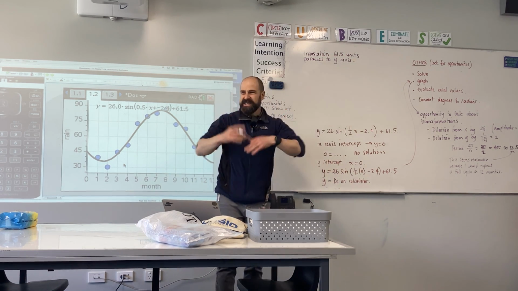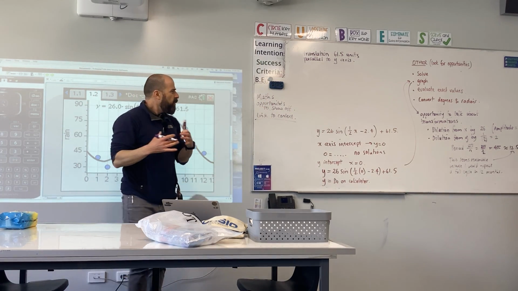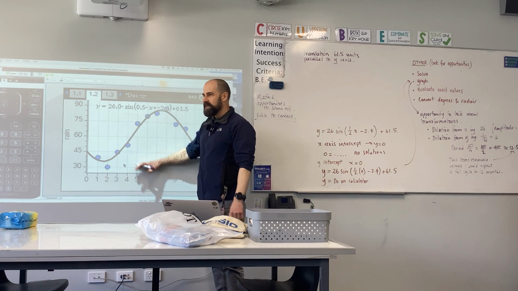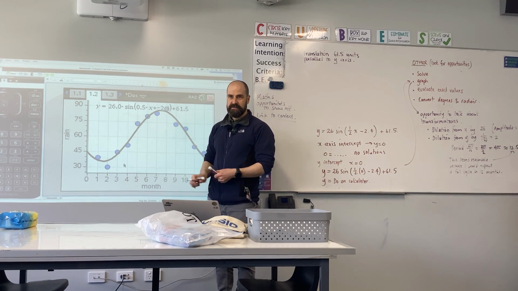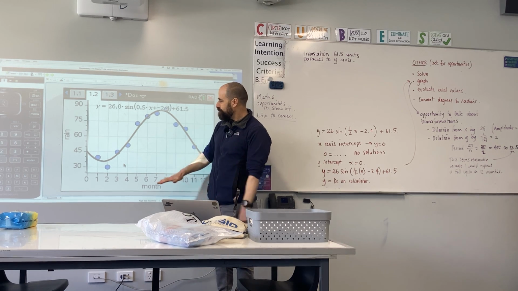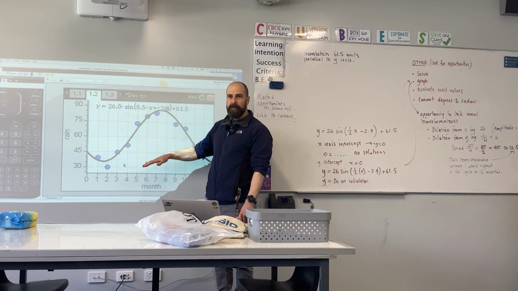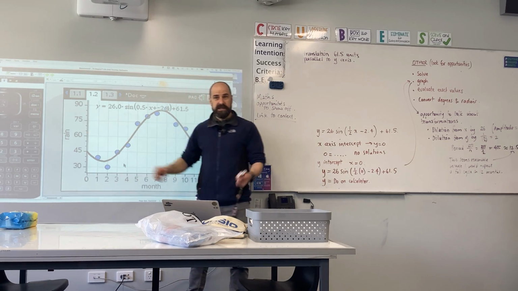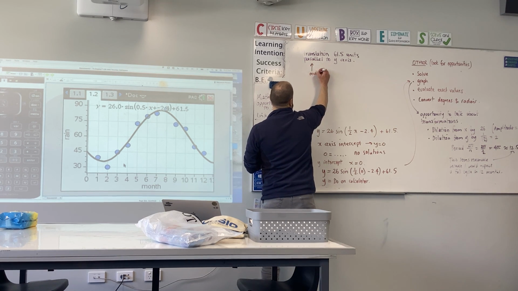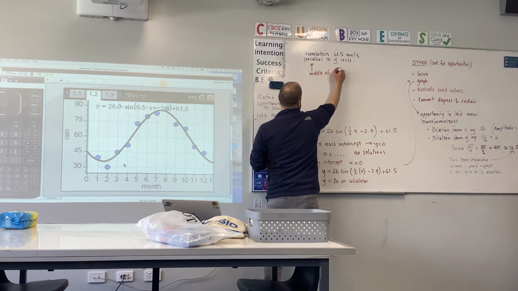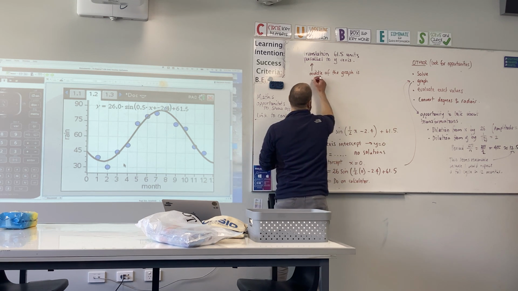So what's that do to my graph? Up and down. What part of the graph did it move up and down? Moves the whole graph up and down, doesn't it? It's like the middle, isn't it? So the middle of the graph is at